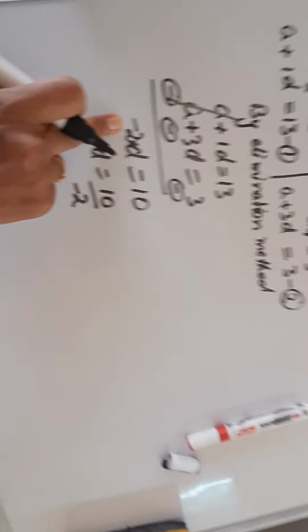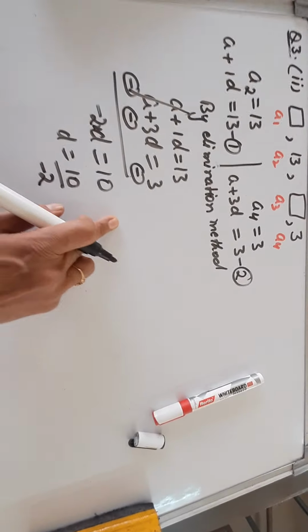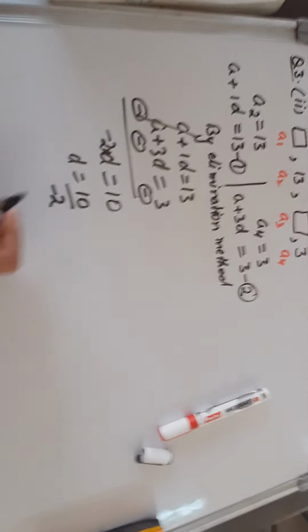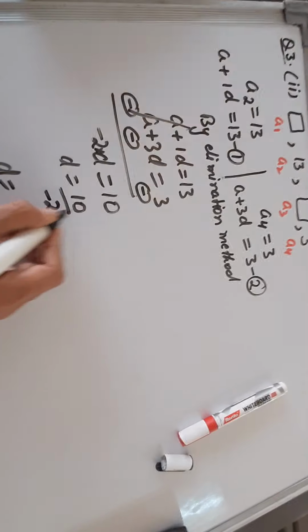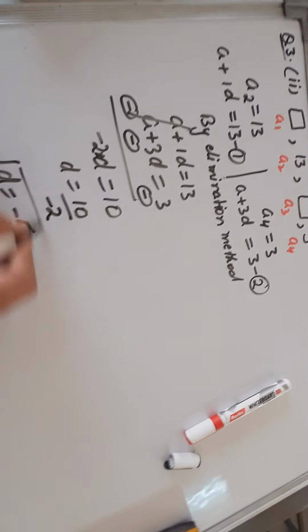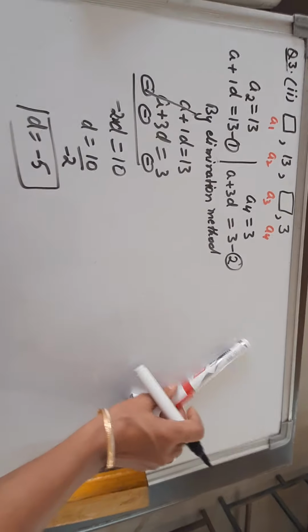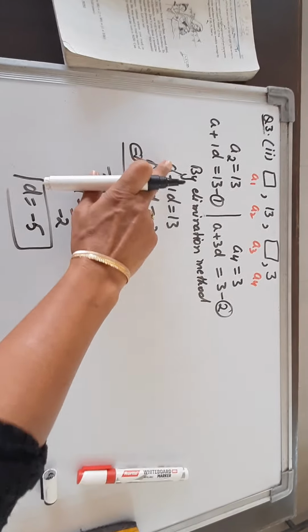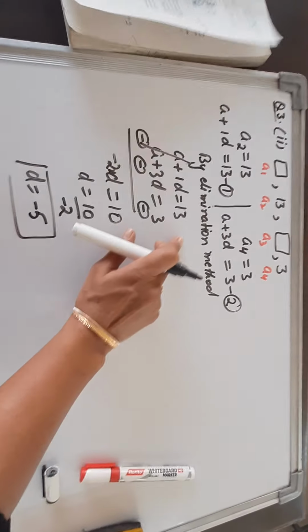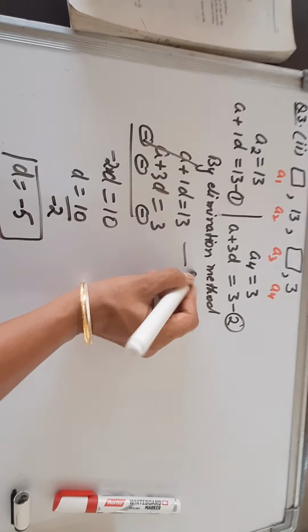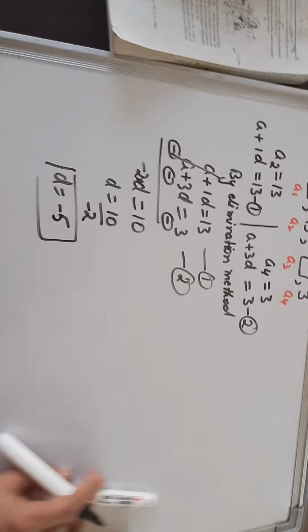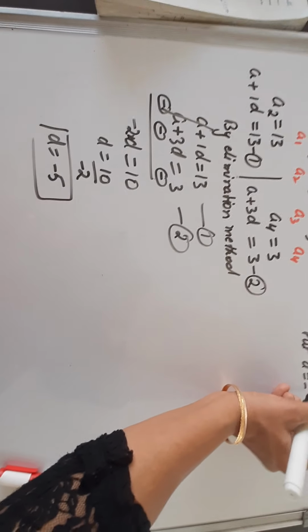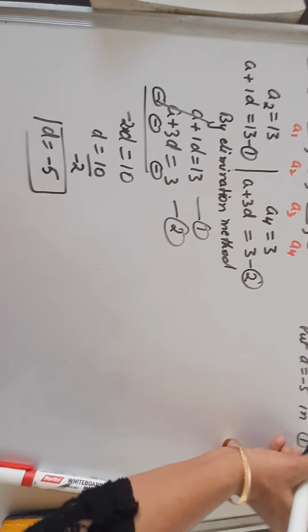नाउ इट इज मल्टीप्लाइंग, व्हेन इट गोज टू अदर साइड इट विल गेट डिवाइडेड साइन के साथ. अब यहाँ बच्चे क्या मिस्टेक करते हैं? -2 को यहाँ +2 लिख देते हैं ले जाके, बट यू हैव टू चेक द साइन इन बिटवीन द टू थिंग्स ऑल्सो. सो नाउ d इज इक्वल टू 2 5s are 10, so -5. So by elimination method you will be able to get one variable. Now as you know, to get the another variable that is a, just put the value of d in either in first equation or in second. So put d is equal to -5 in, let us put it in first equation.